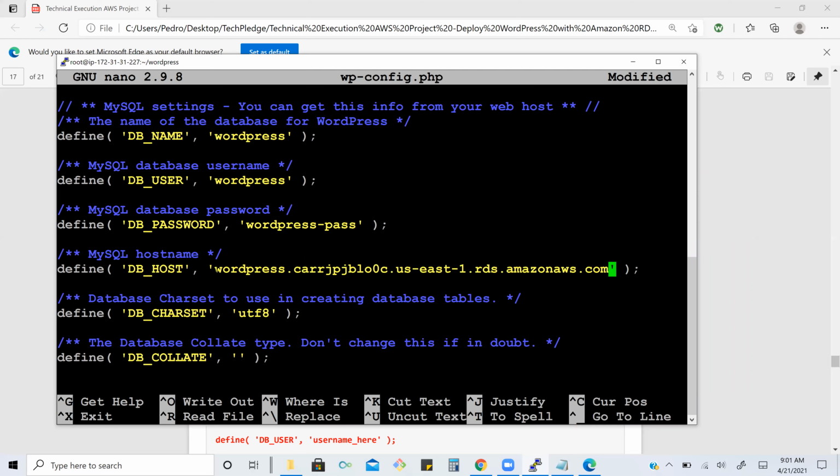Looks good. Scroll down. You're still not done. Scroll down, leave it as it is. Scroll down. Now here it is going to ask you certain keys. That key you will get only from the WordPress site. So what we are going to do now? We are going to copy the key and paste it here. So let's comment this one.